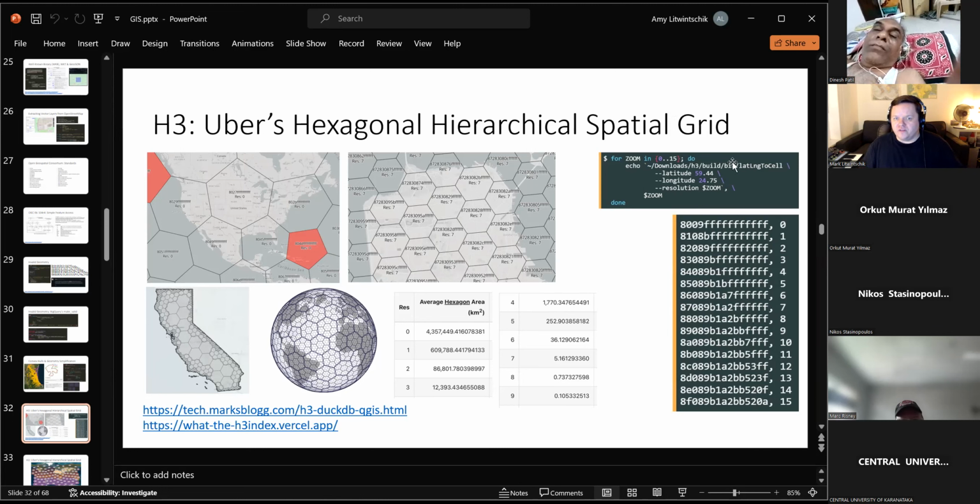Here I've given a single point, and I've rendered its zoom levels between 0 and 15. And so you can see all the F's at the end starting to disappear as it becomes more precise and zoomed in at level 15. So at zoom level 0, the United States has like 5 big hexagons that cover the continental United States. If we go down to zoom level 7, you can see here in San Francisco, there's about 6 or 7 hexagons across. This makes it really easy to group information together and to build aggregate data sets. And when you've done that, it makes it easier to join data sets across each other and overlap them and bring them together. They're extremely useful